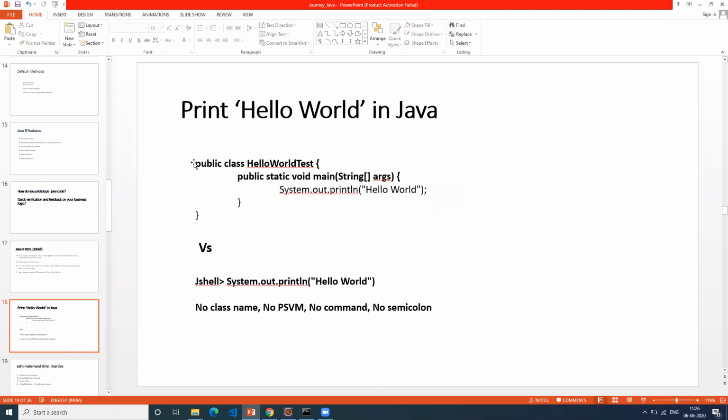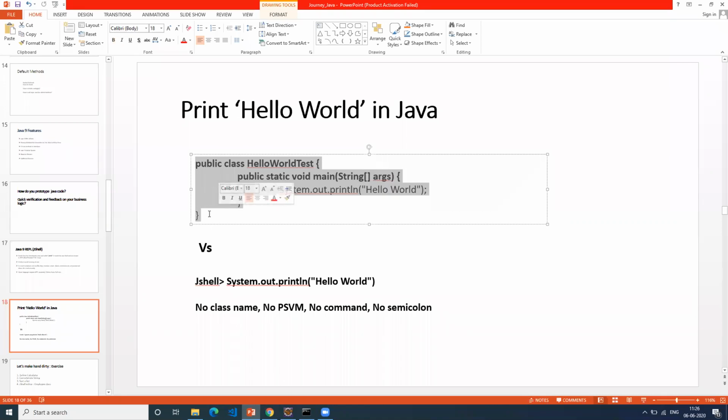This is what any first programmer runs when he starts writing a Java program, correct? Any questions? So with JShell,